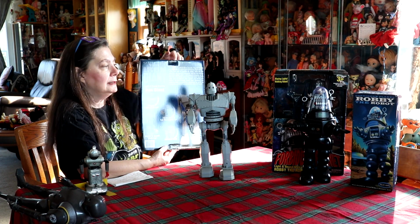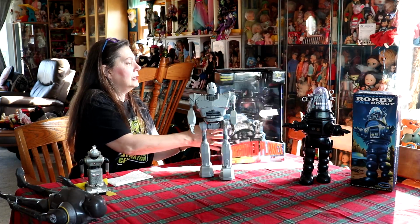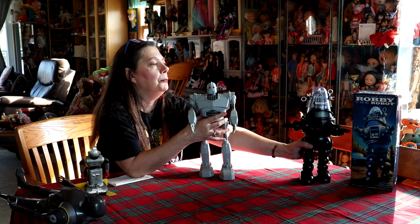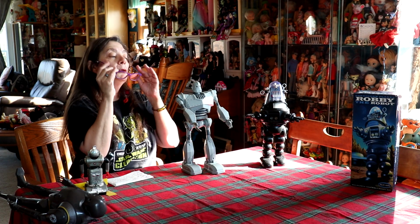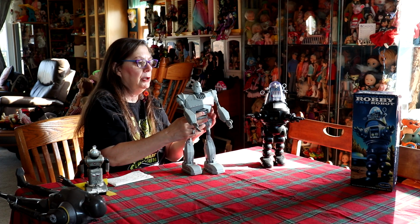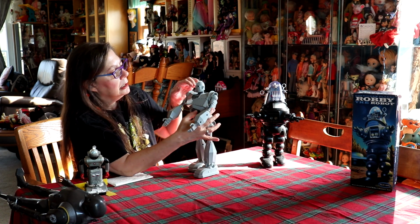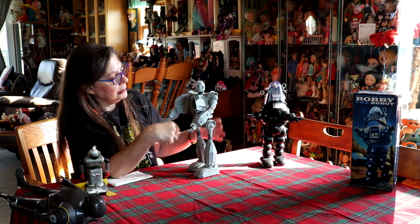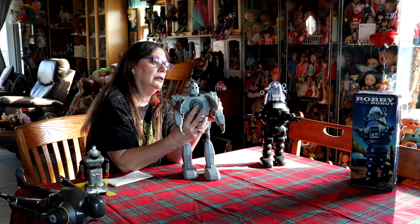He actually moves and makes sound. And this is Forbidden Planet Robby's box, and he also moves and does things. So we're going to make some space over here and see what we can do. They have a temporary battery in them, a trial battery, so you probably want to put a real battery in there, which I haven't done yet, but we're going to do this with the temporary. There's a switch on his back. This one's got the switch here, and his chest plate opens. Whoops, I always open it the wrong way. Well, let's see. See, that's a turn on off. So if we turn it here,